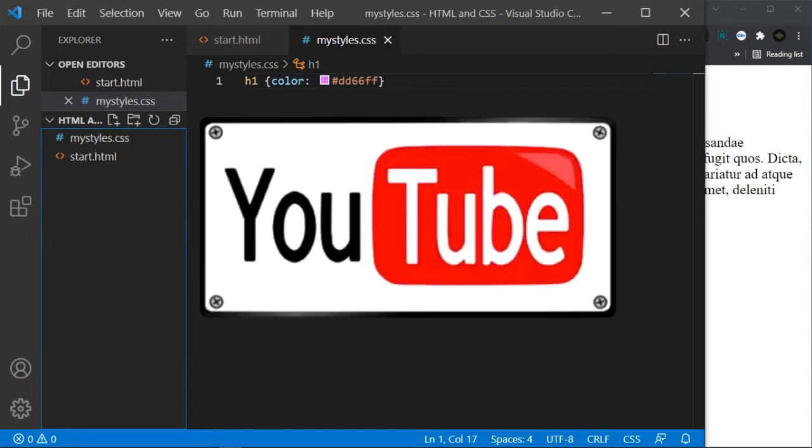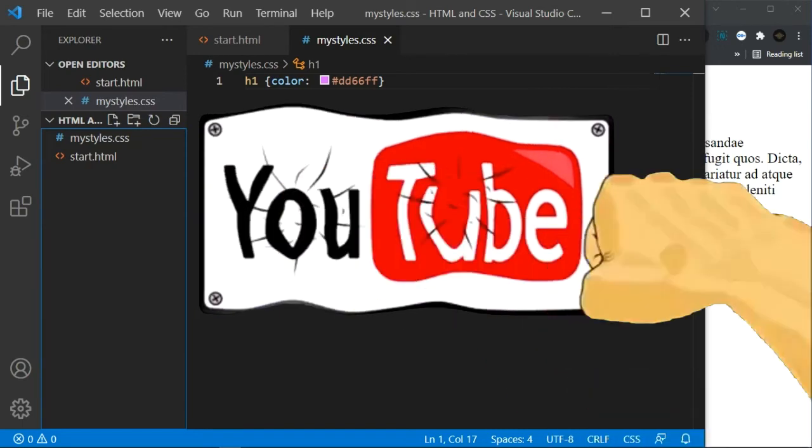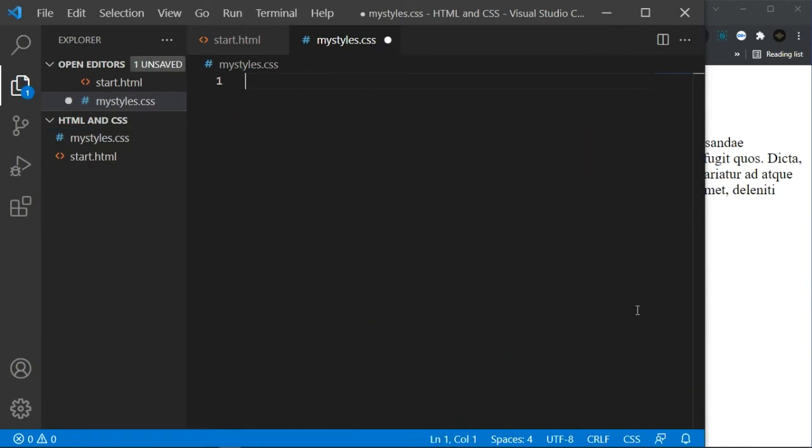So I think you have understood the hexadecimal values. So guys, the next thing that we want to talk about is the HSL. With the HSL, we have the hue, saturation, and lightness. And as I told you earlier, the hue